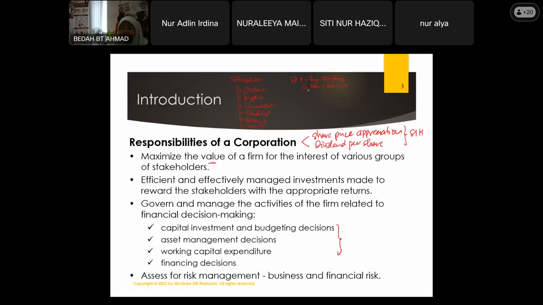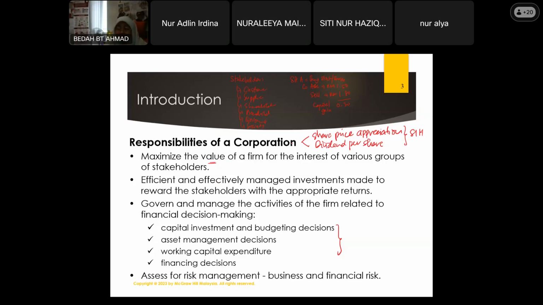When shareholder A wants to sell the stock, of course shareholder A wants to sell at a higher value, let's say 1.8, so that shareholder A can have a capital gain. When we can give shareholder A a capital gain, extra value, that means the firm has been successful in maximizing the value of the firm when the price